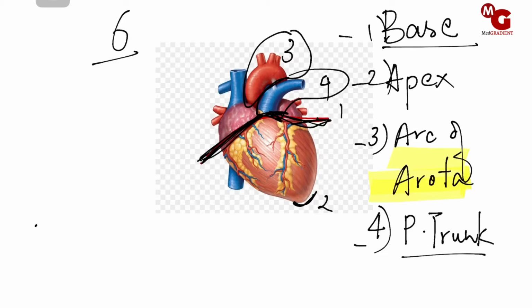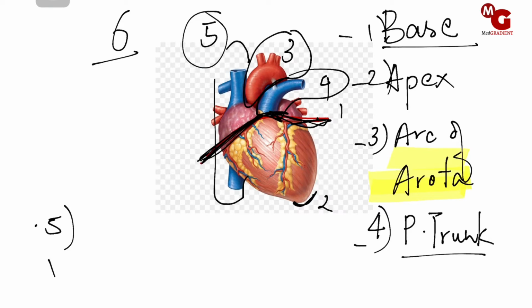Now wait, instead of putting it as arteries and veins, I would say that the rest 2 structures are all veins. Irrespective of what they carry, they are all veins. So let us find out. The first is this structure over here. This is the 5th structure, and that is our Vena Cava,